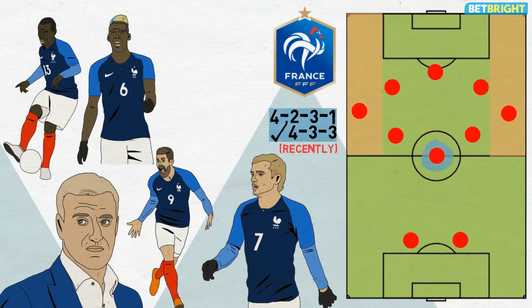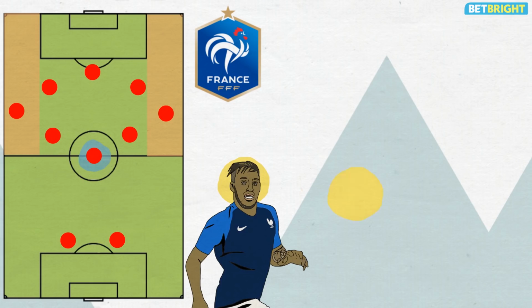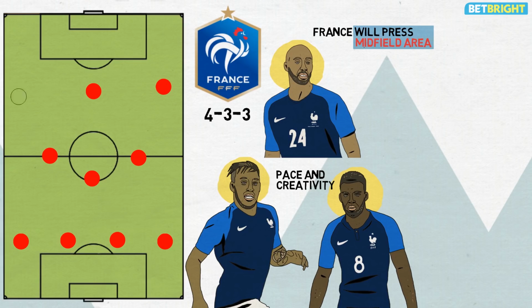The other side could see Blaise Matuidi for greater solidity and box-to-box mobility, Corentin Tolisso or Thomas Lemar for pace and creativity, or Steven Nzonzi for another deep passing option. France will press, especially in the midfield area. The 4-3-3 will fall back into a 4-5-1 or even a 4-1-4-1 against better sides, but France will always be